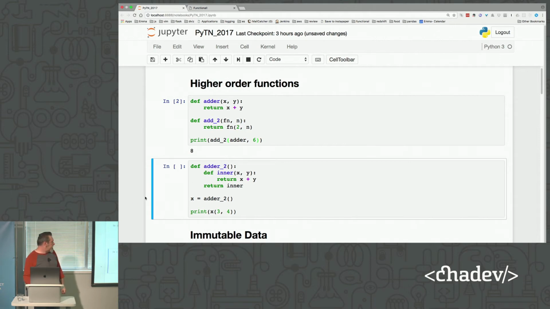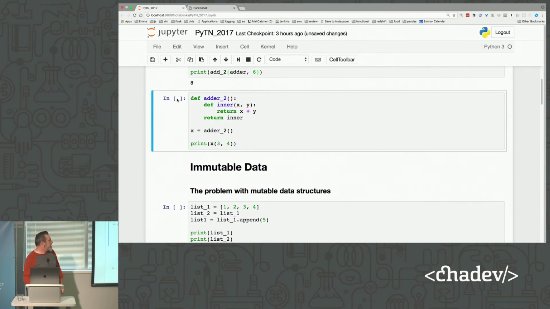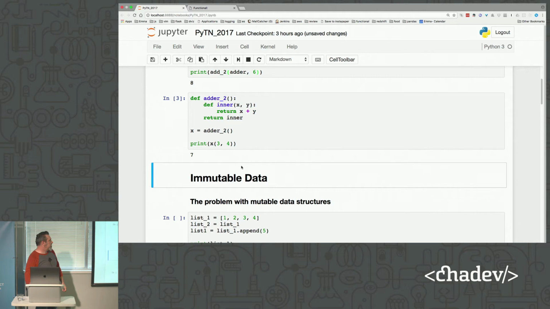And down here, same type of thing, but in this case, we have another function called add2 that has an inner function called inner, and when we call add2, we're actually returning the inner function. So in this case, instead of passing a function in, we're returning a function as the return value. I forgot to mention, this is the return value right here, the result of running this code.